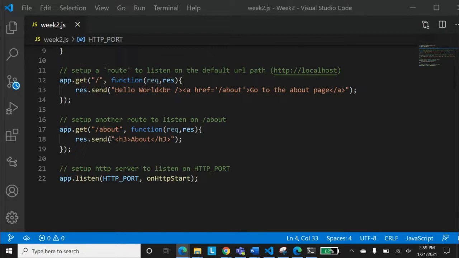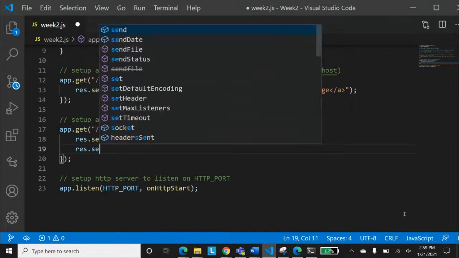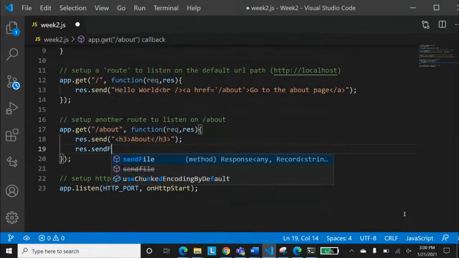So now, if you want to do that, for that we will have a method. Let me just tell you about it. And what is that method? res.sendFile. Rather than sending a simple response, we can use a sendFile. So Rocky, we are just about to do that.